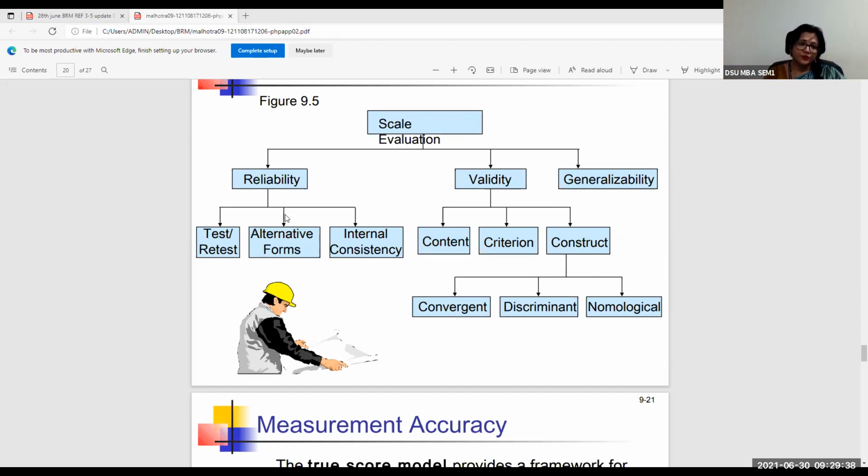However, many textbooks do also mention that Cronbach's alpha, if it is higher than 0.6, is going to indicate reliability for the scale.